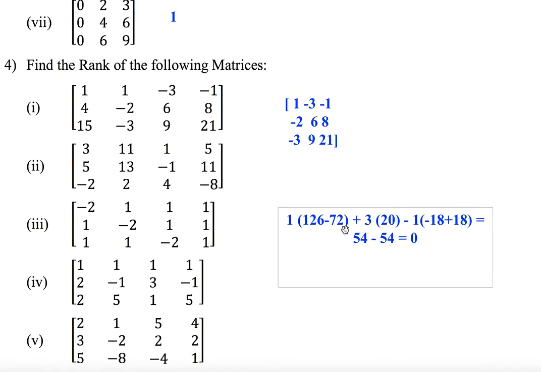One is 0 here. What about this? This is 60. First number 126 minus 72. 6 minus 2 is 4. 12 minus 7 is 5. 54. Is that correct? Yes, that is correct. 54 only. How much is it? Minus 6. Is it 0? No, it is not equal to 0. So the rank will be 3.